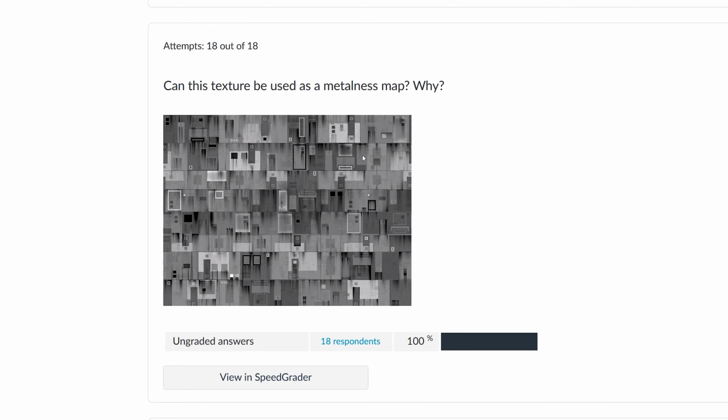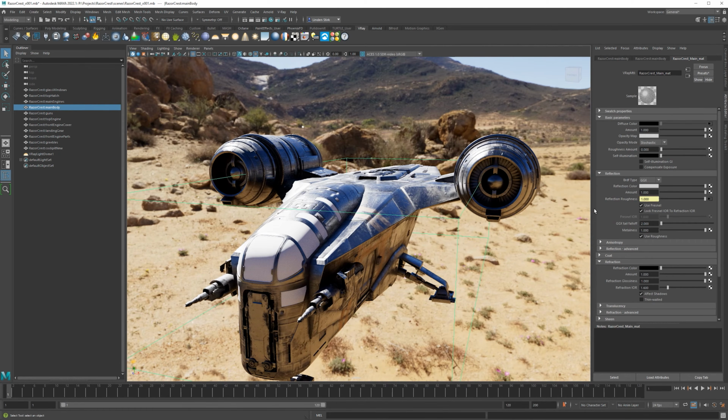If it's 100% metal, with nothing else on the surface at all, don't put in a pure white map. It's pointless. The only reason you might want to do that is if you're packing all your materials into a single texture, but you still wouldn't ever have to hook up that node. So you don't need to worry about pure black or pure white metalness maps. Just use a value of 0 or 1.